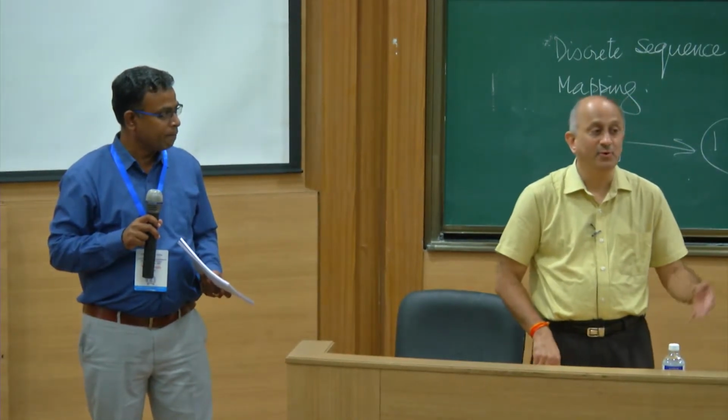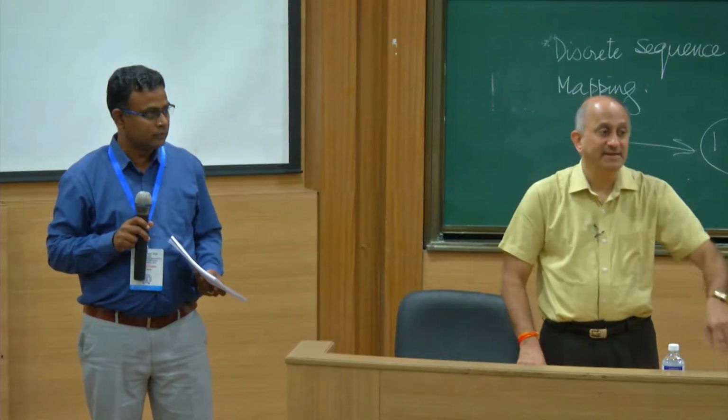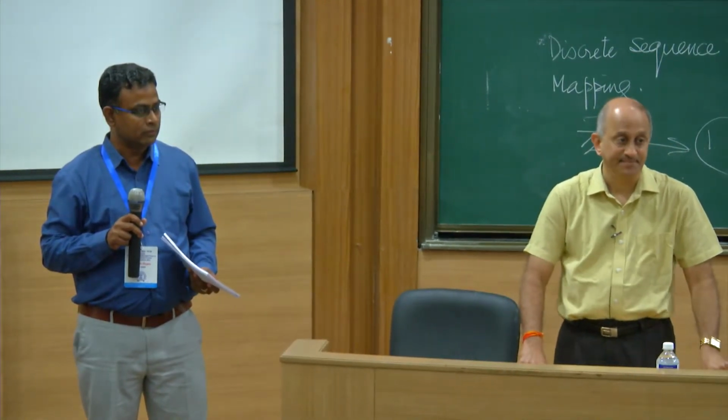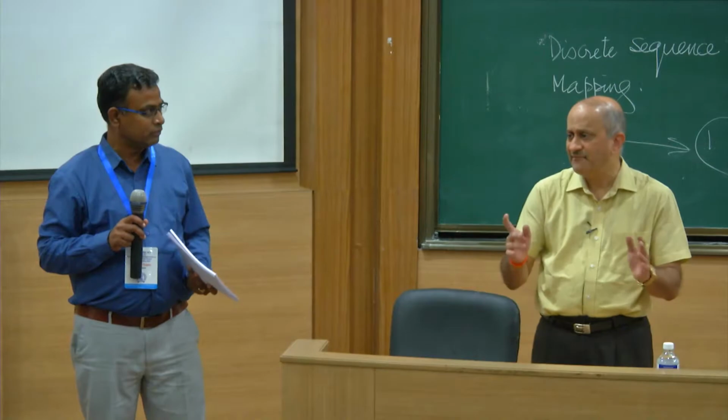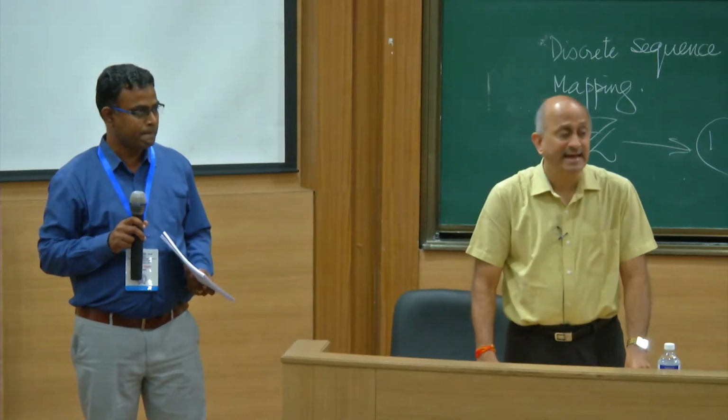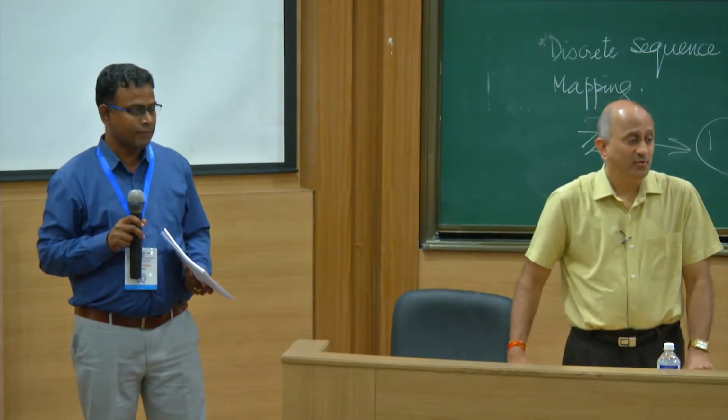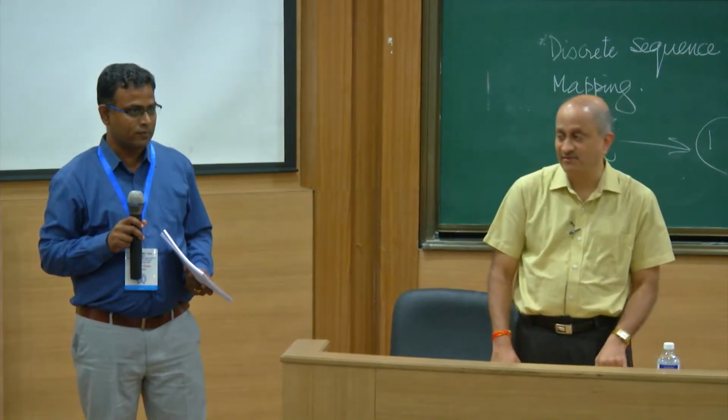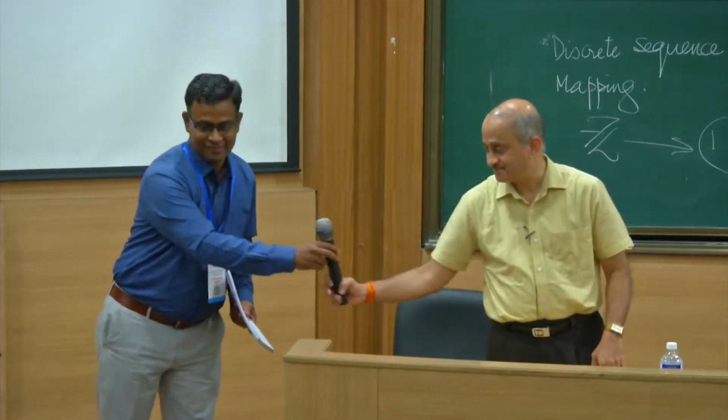So, for example, if you look at the sequence of temperature values in a city over a year, daily temperature values or average temperature values over the day, or maybe the day and night time temperatures, that could be an example of a sequence. Yes, very correct. Thank you so much.